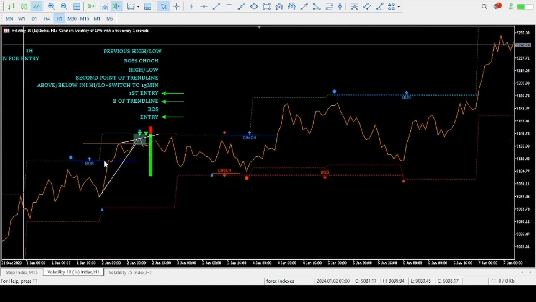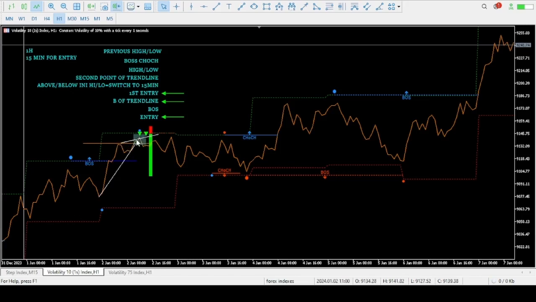In 1 hour, when you get a BOS, we mark the initial high, and then we let the price action come back and touch. As it swings to a higher point, it touches the second point, which connects the trend line. Okay, and then as soon as the price goes above the initial high,